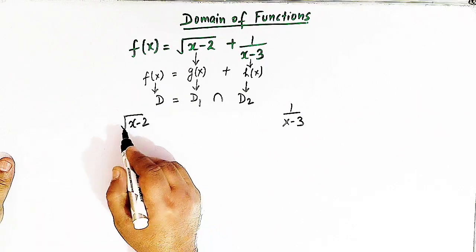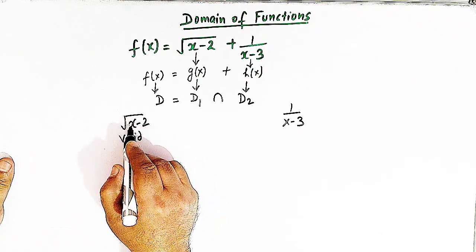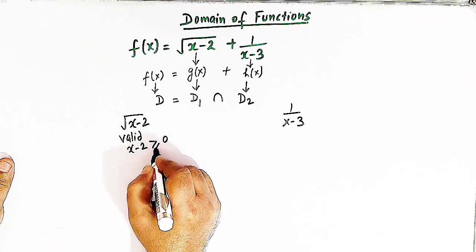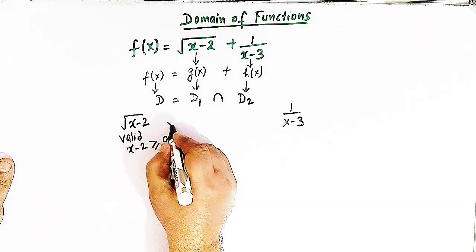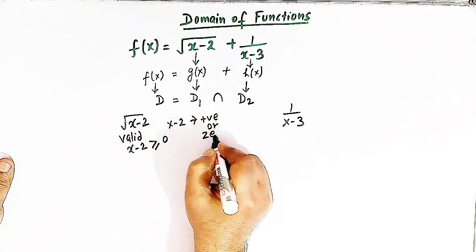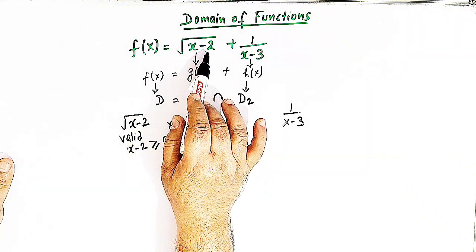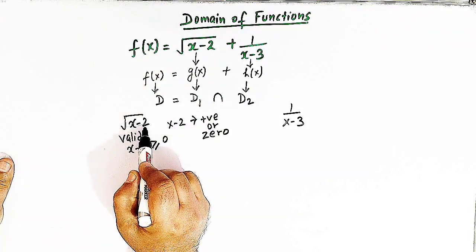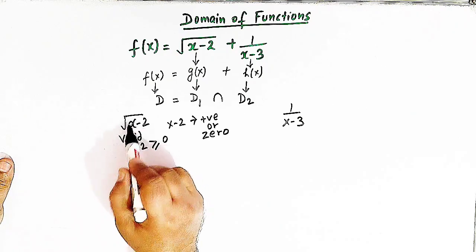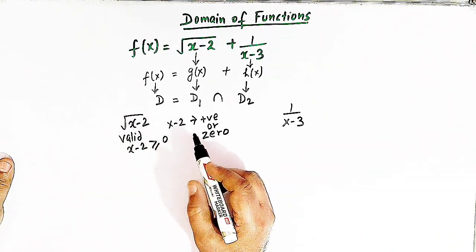So now the function square root of x minus 2 is valid only when x minus 2 is either greater than 0 or equal to 0, right? So x minus 2 has to be positive or 0 in order to define this function g of x. Because if x minus 2 is negative,